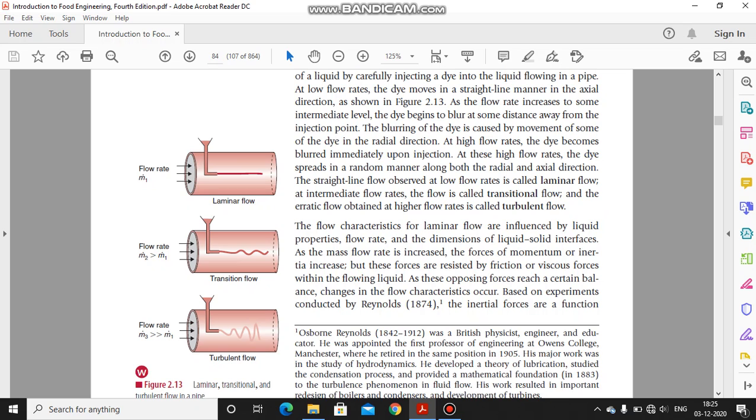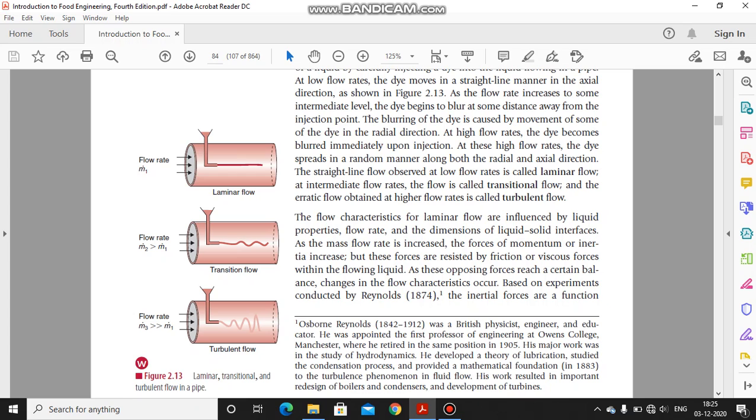Now in the second diagram, you increased the flow rate. Say here m2 is a little bit greater than m1. You can observe that there is a blur in the dye flow after some distance from the injection point. Now if you consider why it is happening, when you increase the flow rate, the fluid inside the pipe is flowing in both axial direction as well as radial direction. So you can see when you increase the flow rate of the fluid, the dye is moving in radial direction